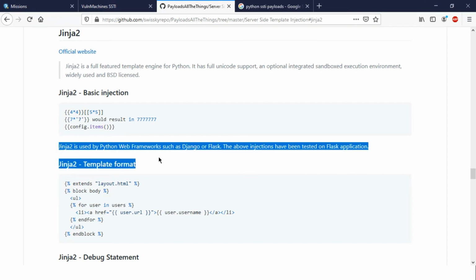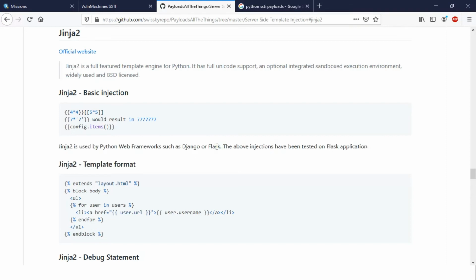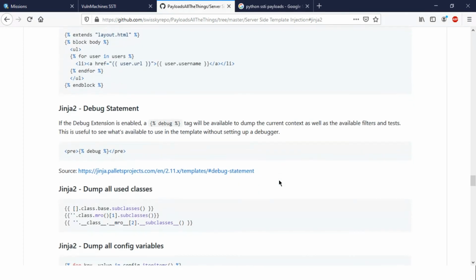Before that, Jinja is used by Python web frameworks such as Django or Flask. We don't know whether the application is in Django or Flask. But we can use these payloads.